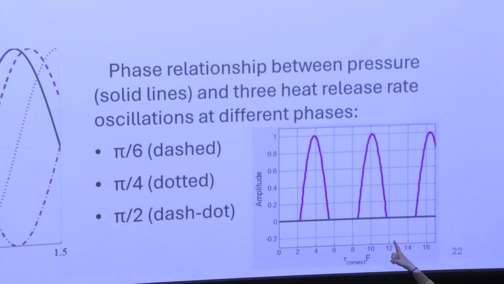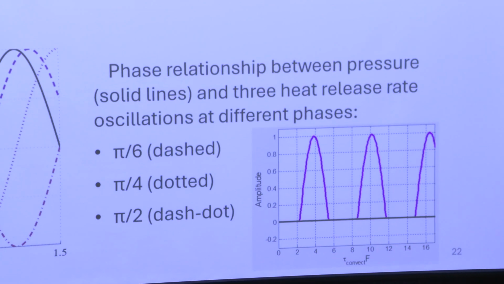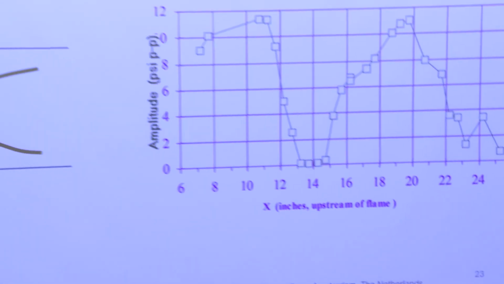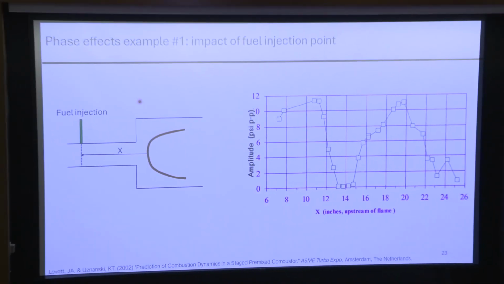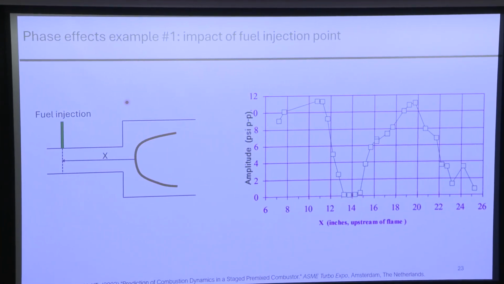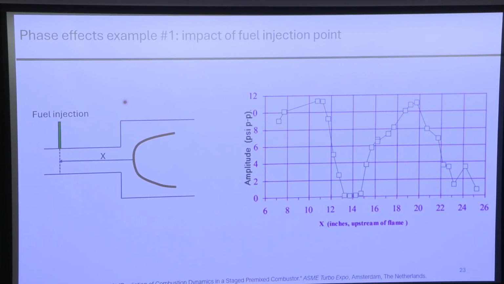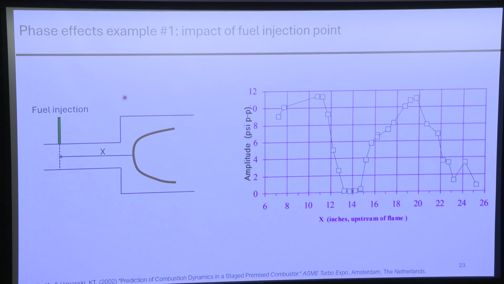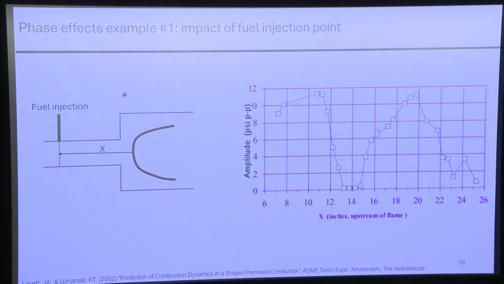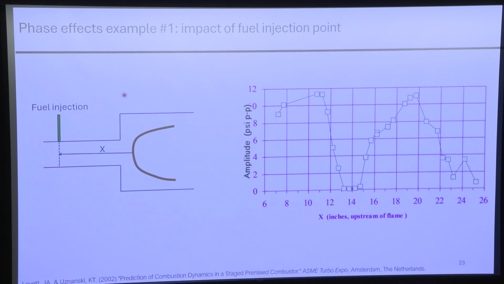So, this figure and that figure were made in MATLAB. This is data that was measured at, where was Jeff when he did this work? I want to say it was UTRC, potentially. But this is data that was measured on an actual combustor. So what's happening in this picture